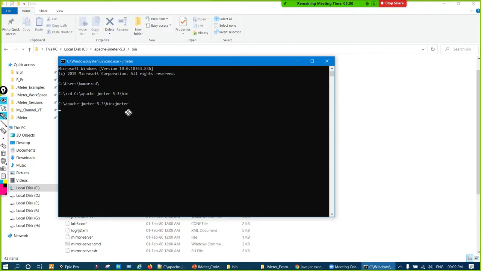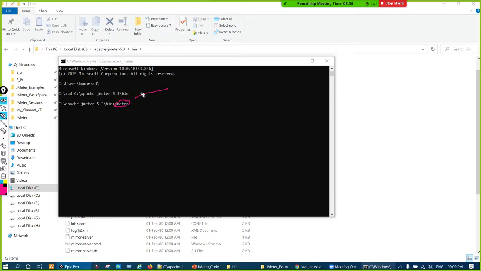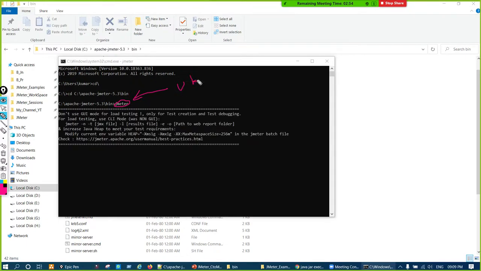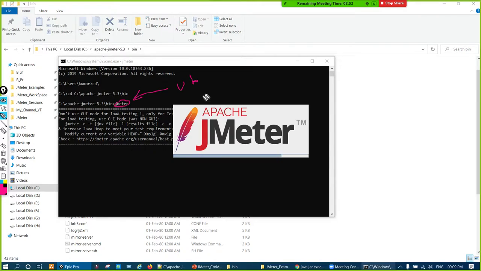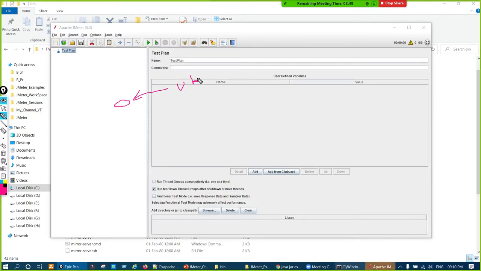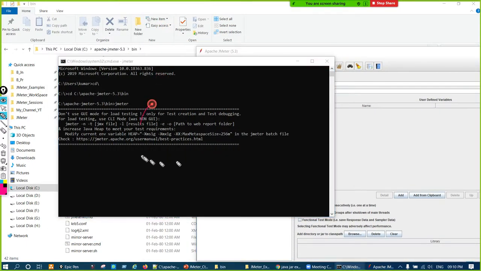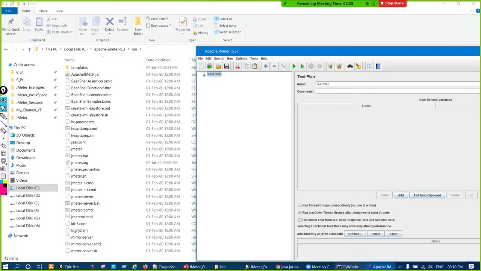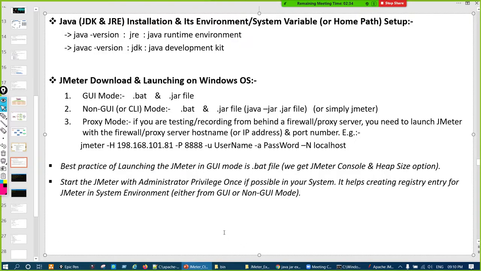And this works in Linux also, or in Ubuntu also. The command execution is the same. In Ubuntu also, you have to go to the terminal and type JMeter, right? So here directly JMeter came, and this is the console. It got converted into the console, right? So these are the things, and that is the importance of the console, right? So two ways, one is GUI mode, one is non-GUI mode. In both GUI and non-GUI mode, what we are doing, we are launching the .bat file or .jar file, right? But we should use the .bat file only if we are launching from GUI mode.